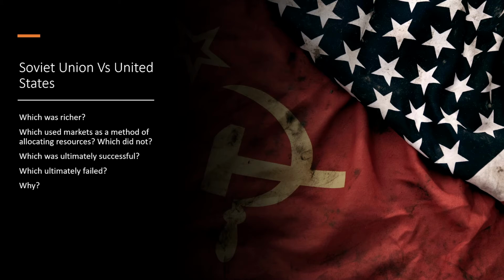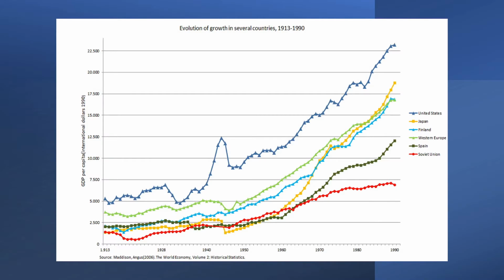So we're going to look at the Soviet Union and the United States: which country used markets, which was centrally planned, which was ultimately successful, which ultimately failed, and why. Let's have a look at our graph here that shows GDP per capita, which is an excellent way of showing really wealth and how wealthy your citizens are. At the top here, unsurprisingly, we have the United States, which is ahead of everyone significantly. And all the way down the bottom, we have the Soviet Union,